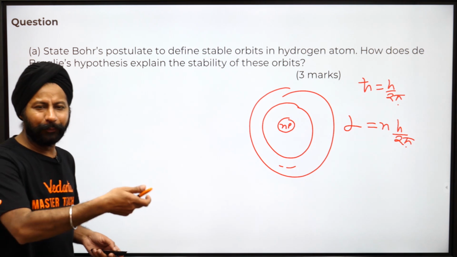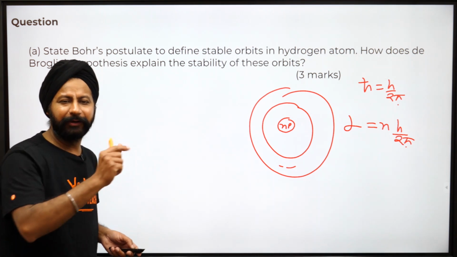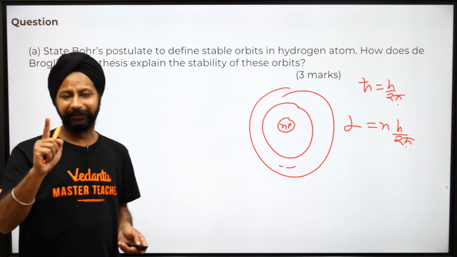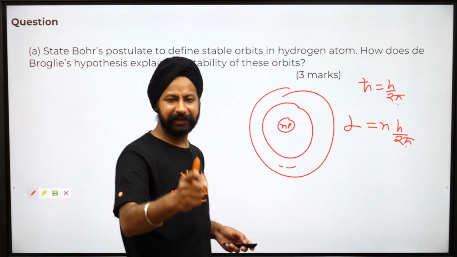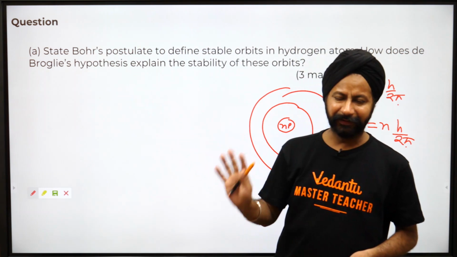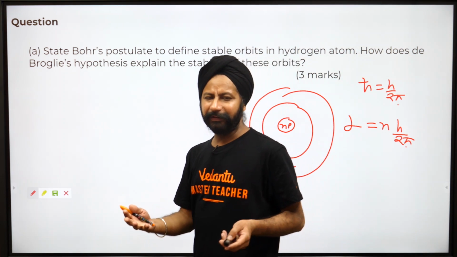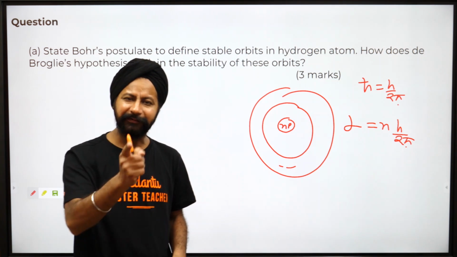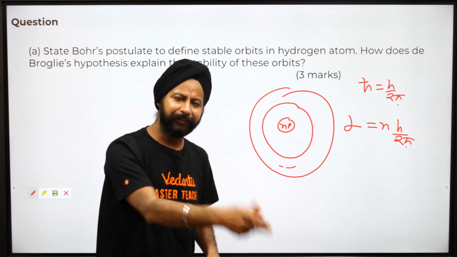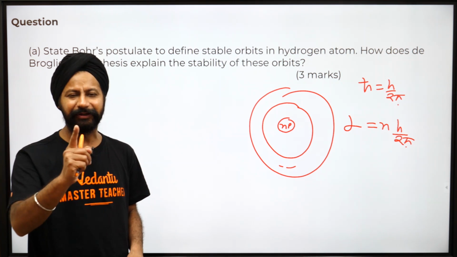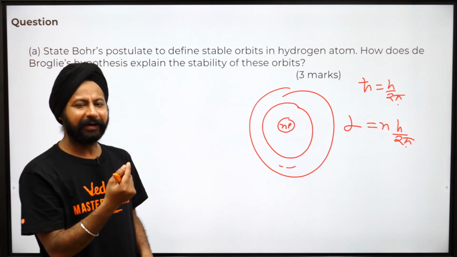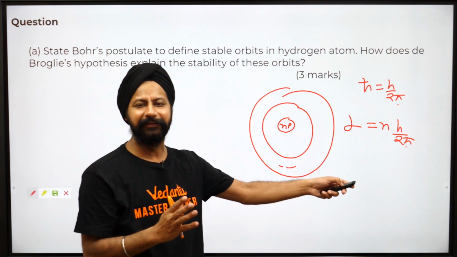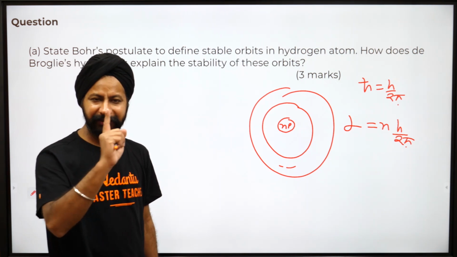Now think about a rope. When a rope goes up and down, a stationary wave builds in there. Stationary waves are stable waves. There is no energy transfer in that. But what's special about them? The length of the rope has to be an integer multiple of the wavelength. 1 wavelength, 2 wavelengths, 3 wavelengths, a million wavelengths, but it has to be an integer multiple. You cannot say this rope will have a standing wave with 1.35 wavelengths. No. It has to be integer wavelengths.